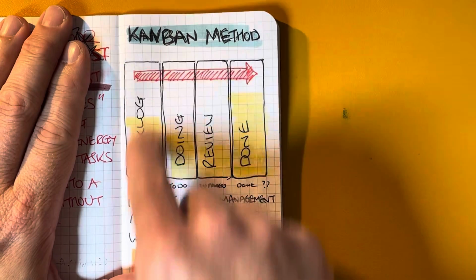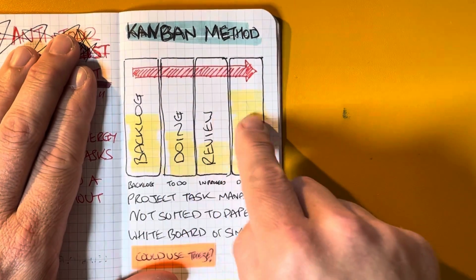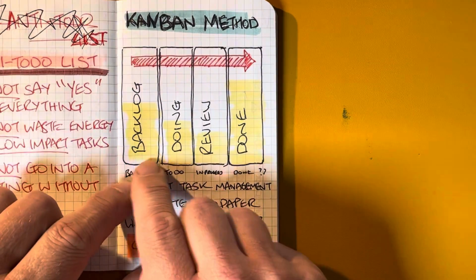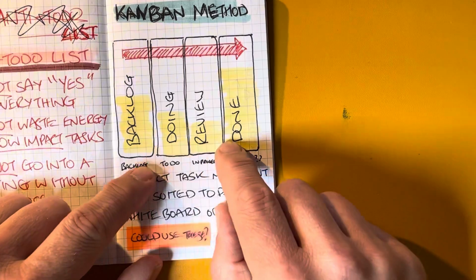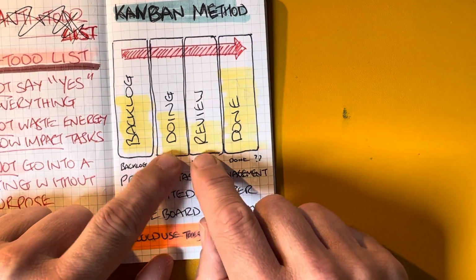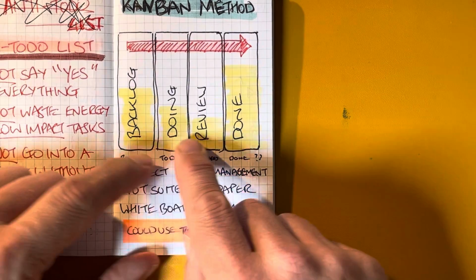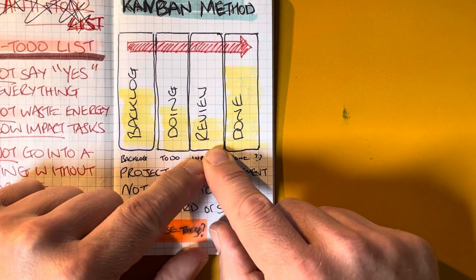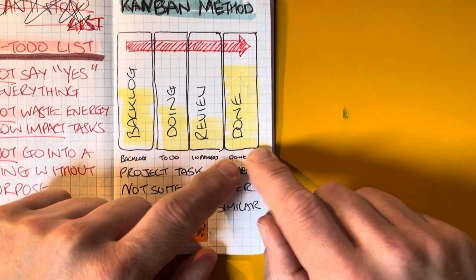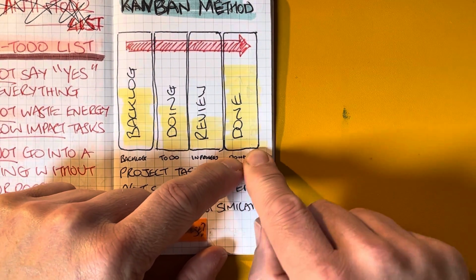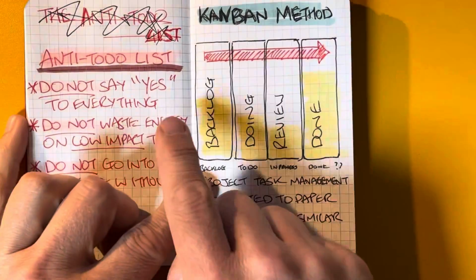And ideally over here, what you have is a big list of things that you need to do, and you move things along as they're processed. And these bins or columns or however you want to call them, they're not hard and fast titles, but ideally, this is your backlog, things that haven't been done yet. These are the things that are in process. This is stuff that's perhaps done and just needs to be finally checked. And then here is when everything's fully done, checked and released. So you have a process, and the idea is that it goes in that direction from left